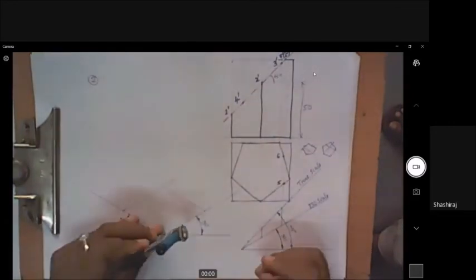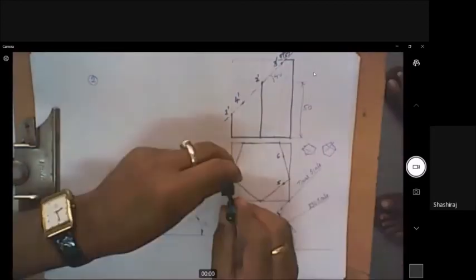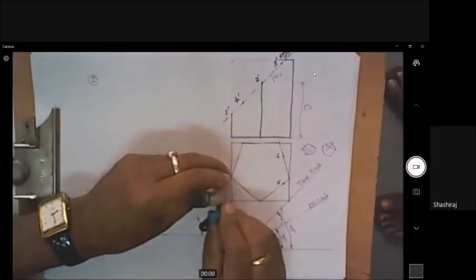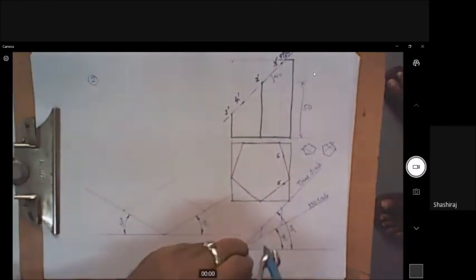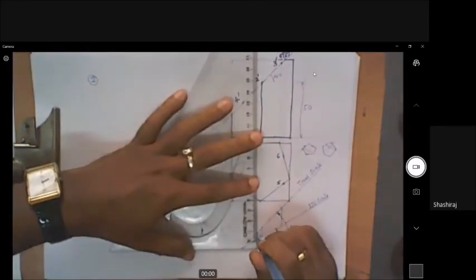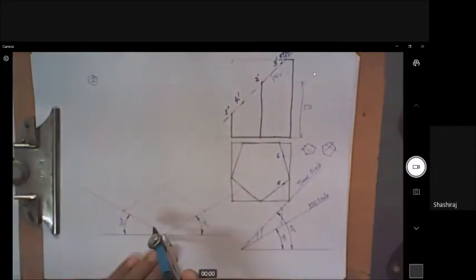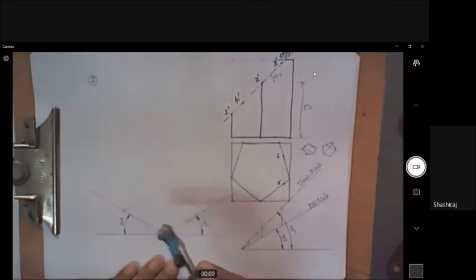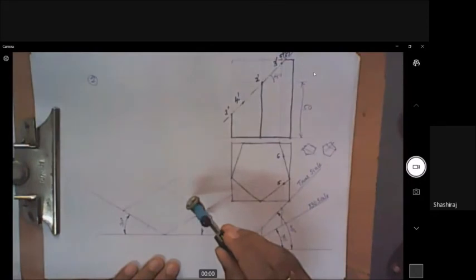And I can transfer it here. This point I got it. I'll take this distance and go to isometric scale and get the isometric length of that and mark it here. On here, see, this length is equal to this, so I can mark the other point also here.